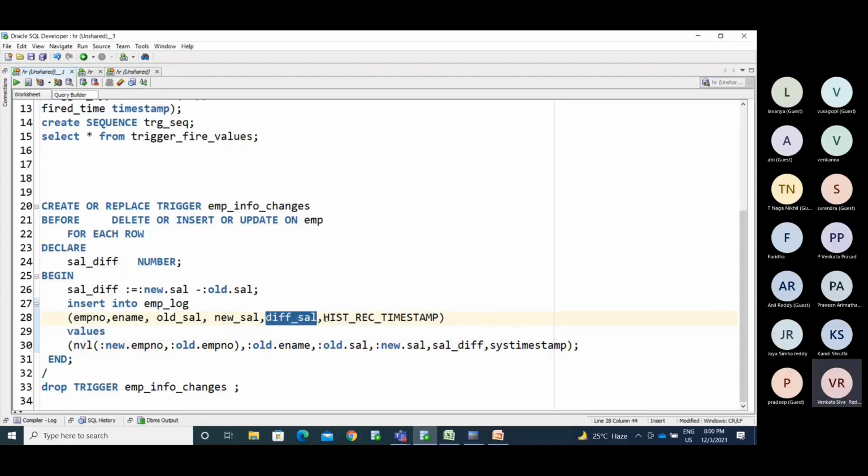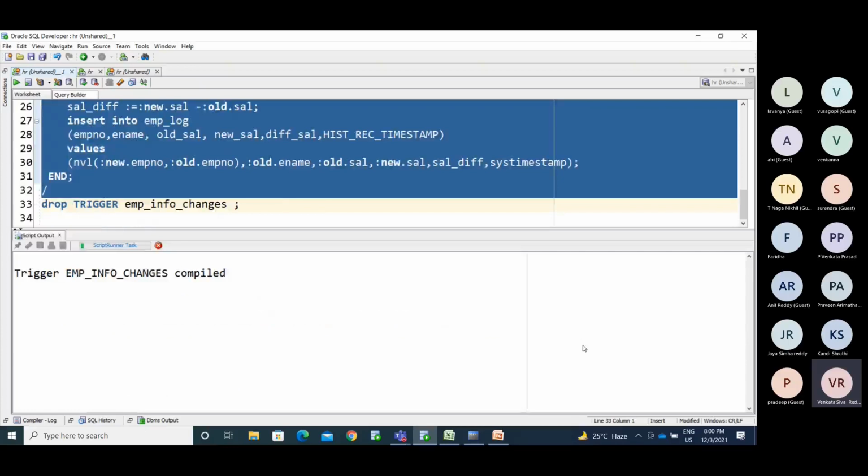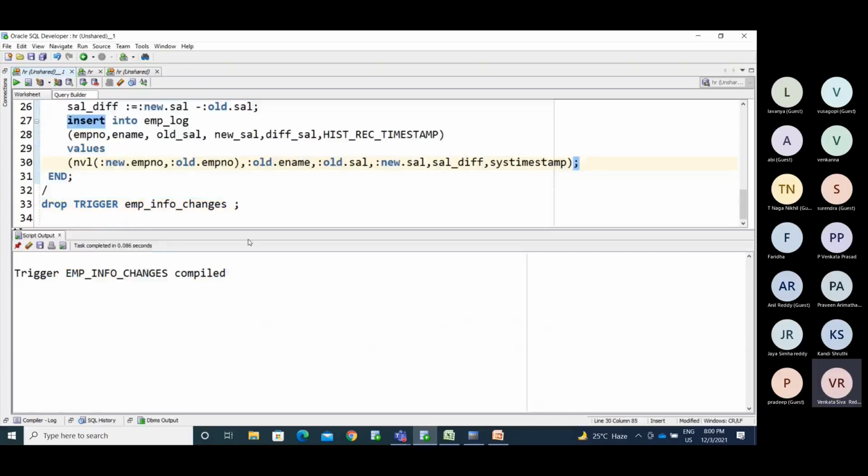To maintain the history timestamp, when that record is inserted into the log table, we use sys timestamp, the function to capture the current date and time. Now I'm creating the trigger. Now the trigger is created. If you want to drop it, we use drop trigger with the trigger name. Now I created that.